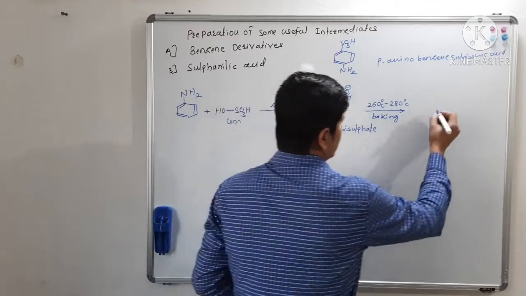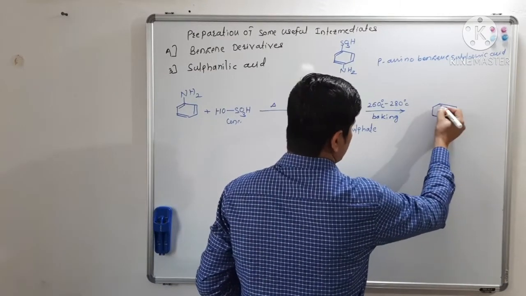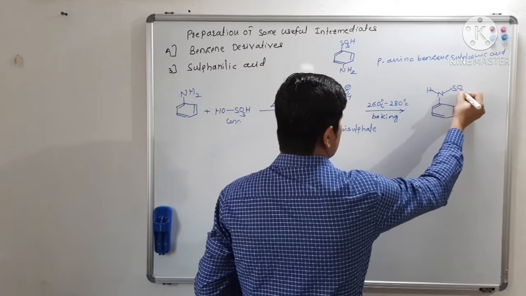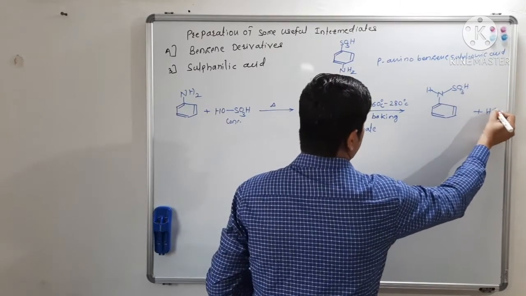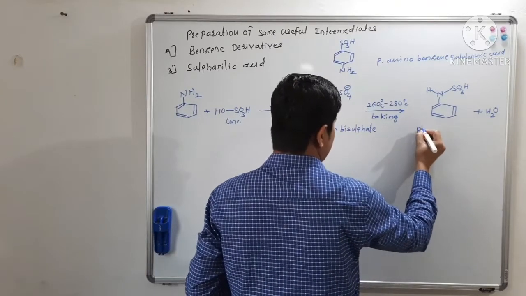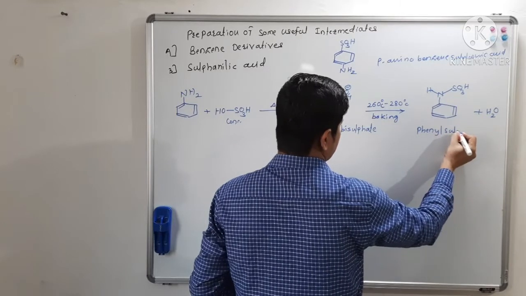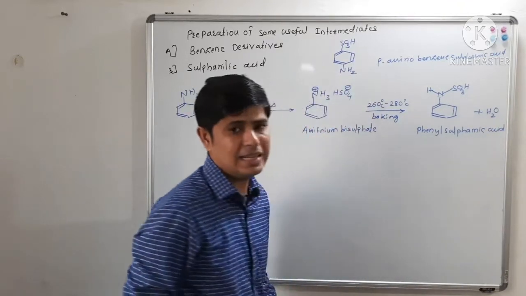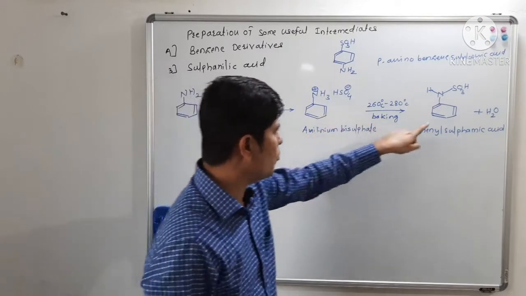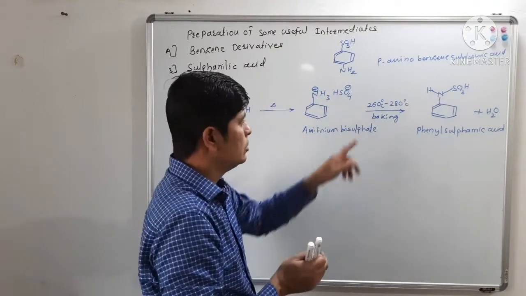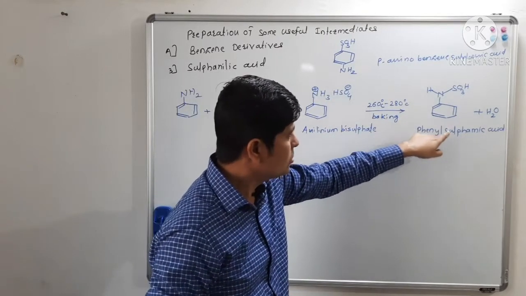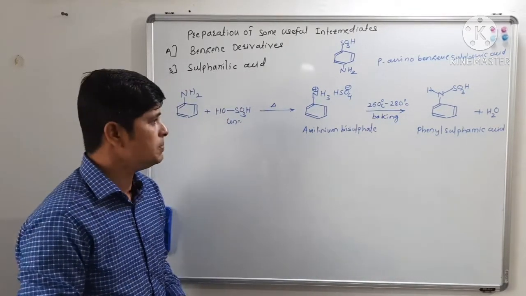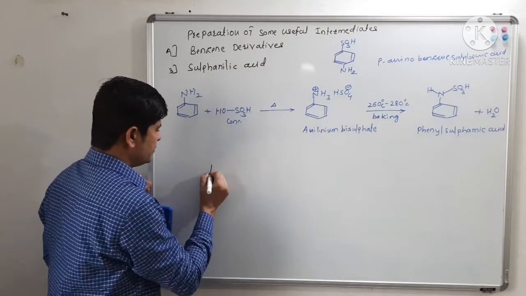So what will happen? There will be a loss of water molecule, and we will get what? This is phenyl sulfamic acid. So there is a loss of a water molecule from this anilinium bisulfate through the baking process to get phenyl sulfamic acid. Now see, in the next step, this phenyl sulfamic acid